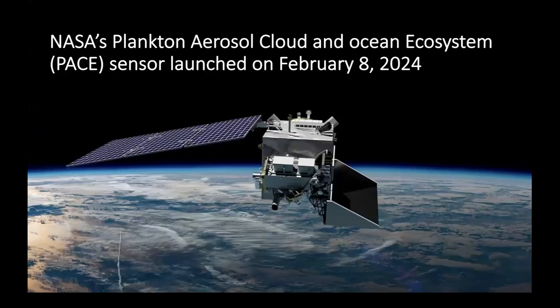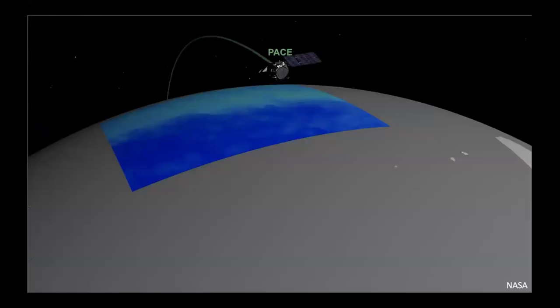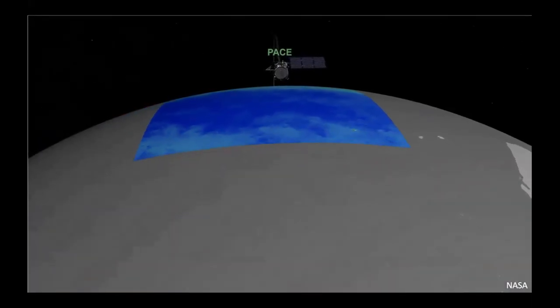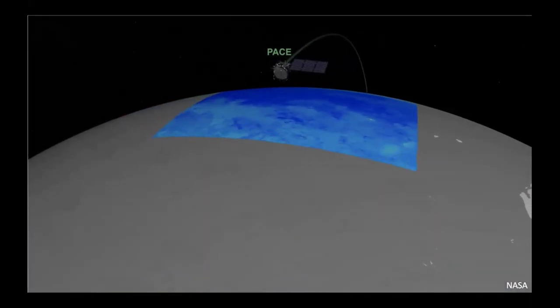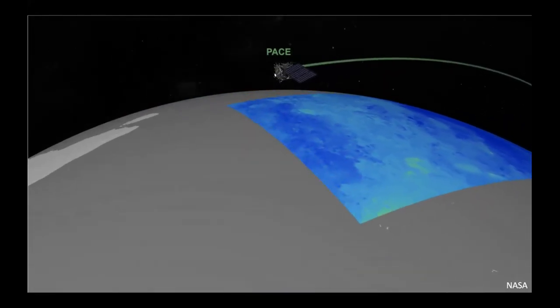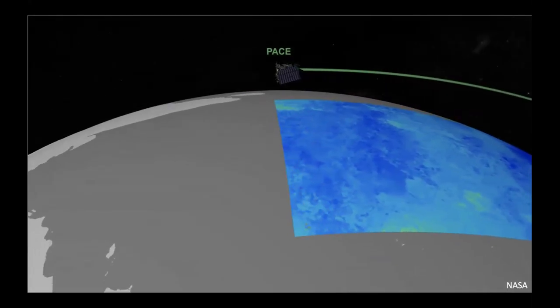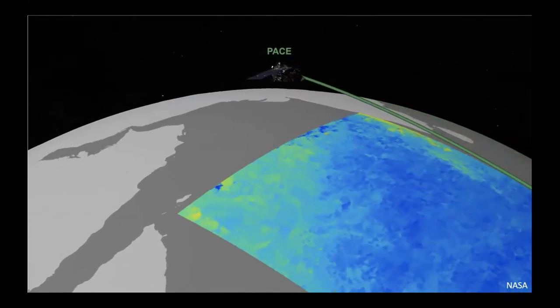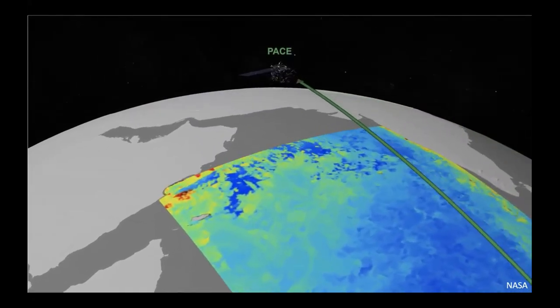So NASA's new Plankton, Aerosol, Cloud, ocean Ecosystem sensor, or PACE, launched about 2 years ago now, which feels crazy to say, in February 2024. And for the first time, PACE is giving us these hyperspectral ocean color observations on global scales. So the model that I just showed you was developed using only in-water data prior to the launch of PACE. And we're currently applying that model to new PACE data and validating it with in-water pigment measurements to make sure that the model works as well as we assumed it would from those in-water measurements